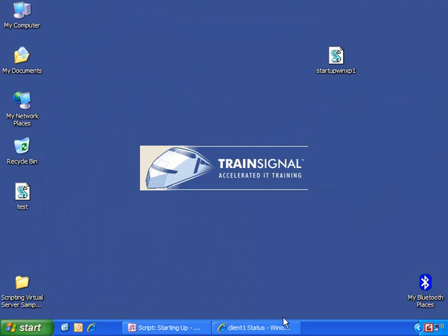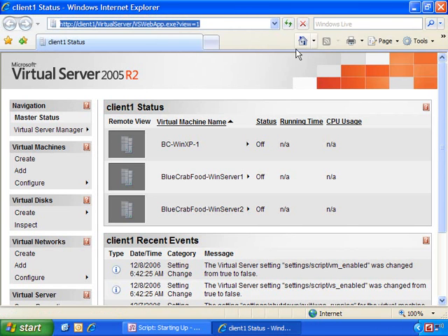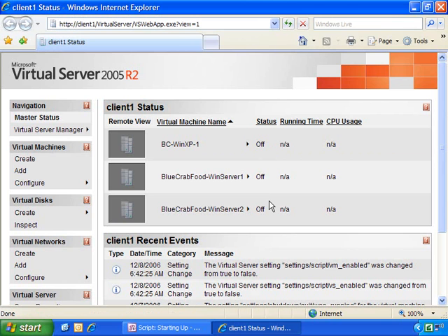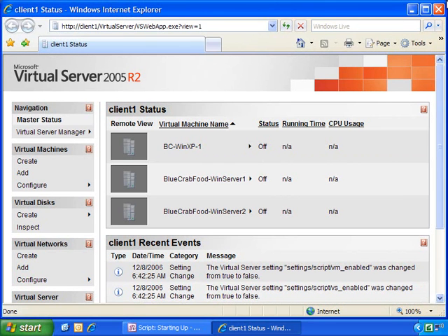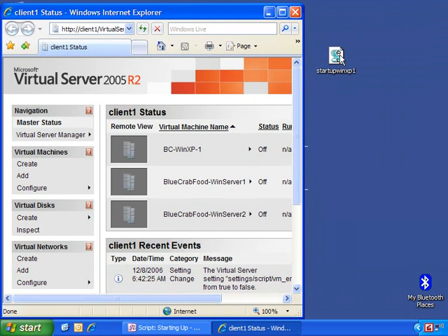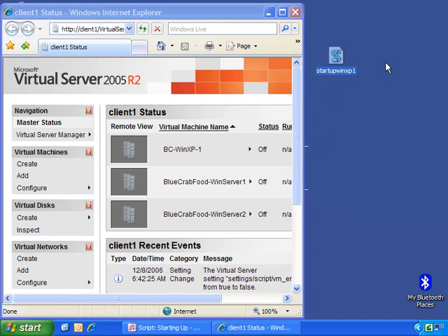Okay, let's go back over here to our Client 1 status. I'll do a refresh just to show you that indeed all of these are turned off. Going to change the size of this so we can see that. So if I double click on this, or I could go and run it from the command line, either way, it's going to start up this Windows XP computer. So I'm going to double click that